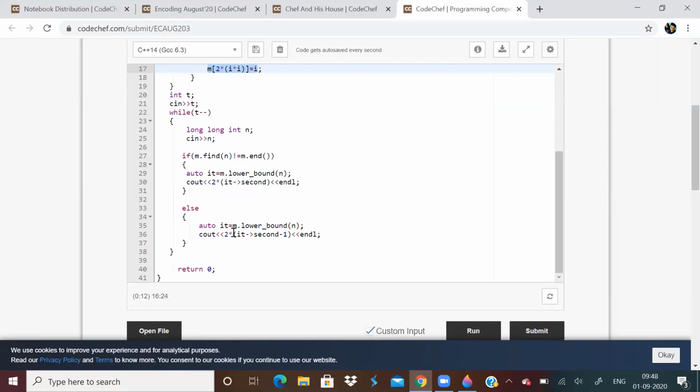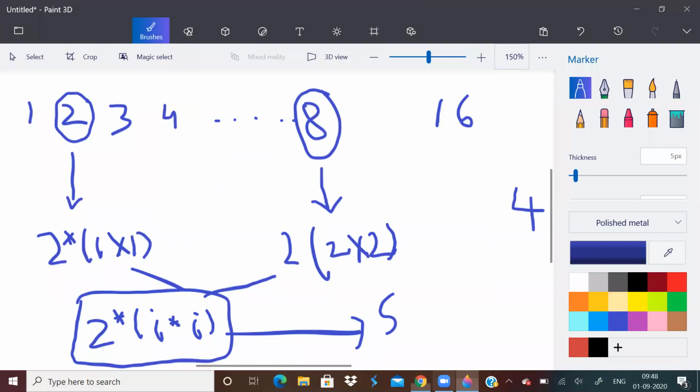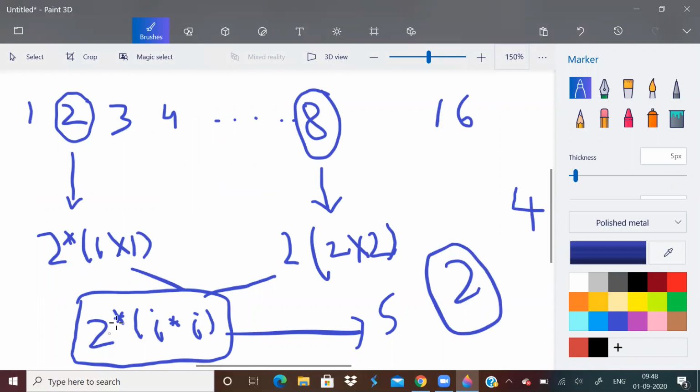We do not want greater than n, we want less than n, so subtract 1 and take 2 into that. So this question was basically just lower bound, upper bound, pre-calculating all the values and finding out the series. This is the general expression: for the ith floor, this many tiles are required for both the houses. Remember, there are 2 houses. That is why 2 into.